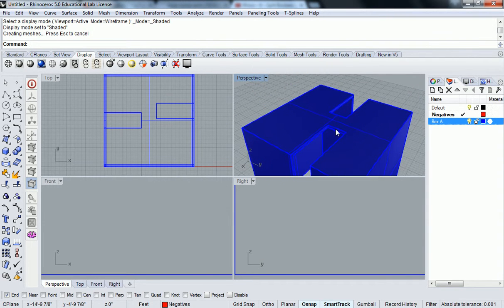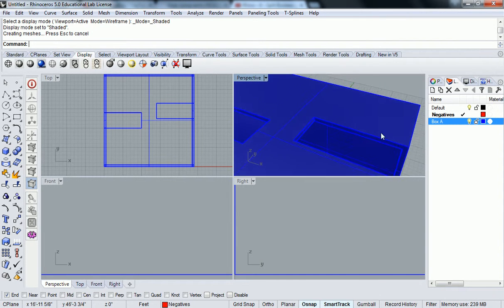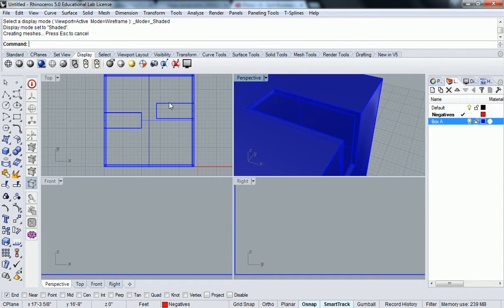The way move face works, and we're going to now start getting into some more in-depth object snap features, but the way move face works is you grab a face and you tell it how far to move that face in whatever axis. So that looks like this, and it's going to get a little crazy for a second, but see how on that surface, right, type in move face,